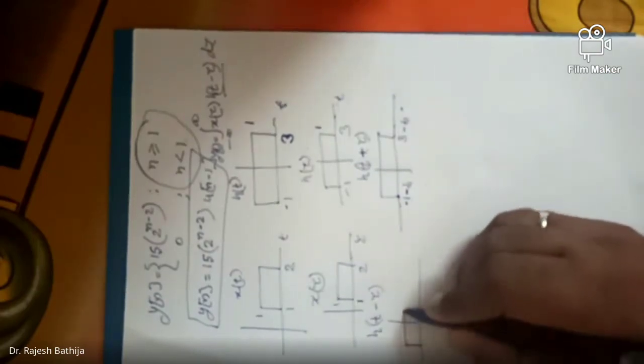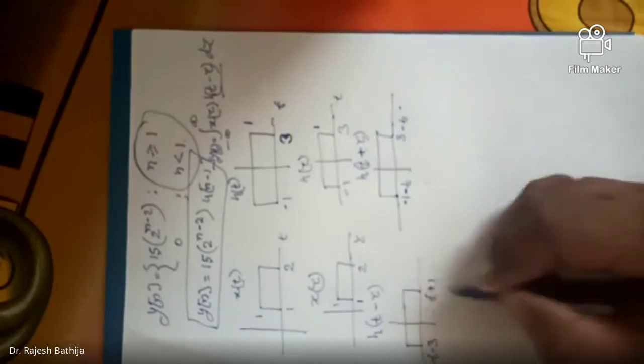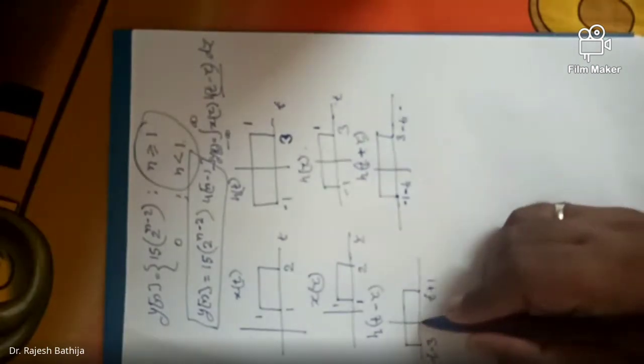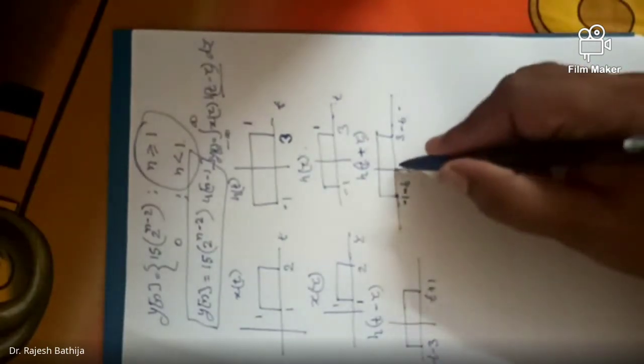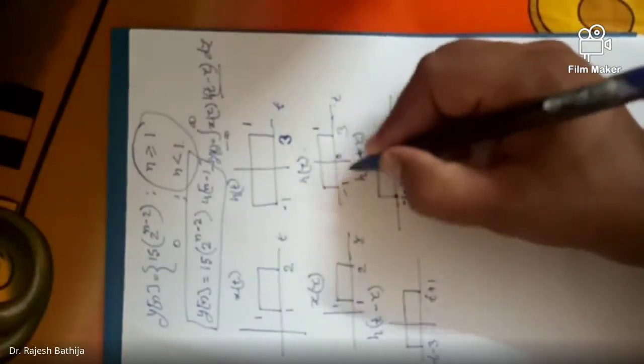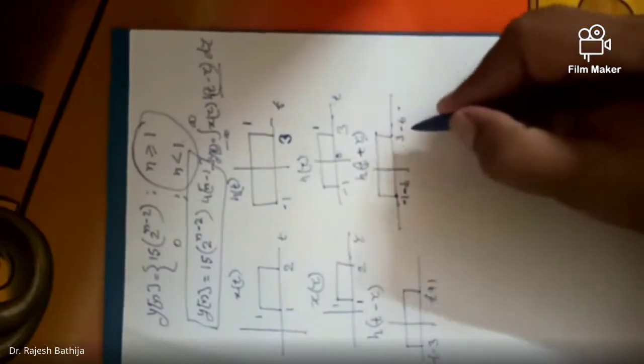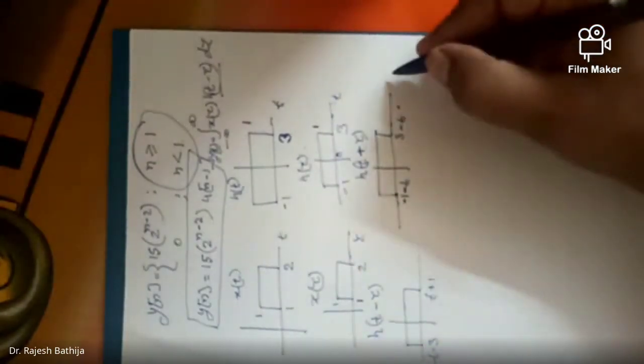t minus 3 will come here and t plus 1 will come here. Although we cannot write 0 here, see, I am not writing 0 here. We can write 0 here, there is no problem because 0 is defined here. Here 0 is not defined because of this t. T can be anywhere over here in this line.